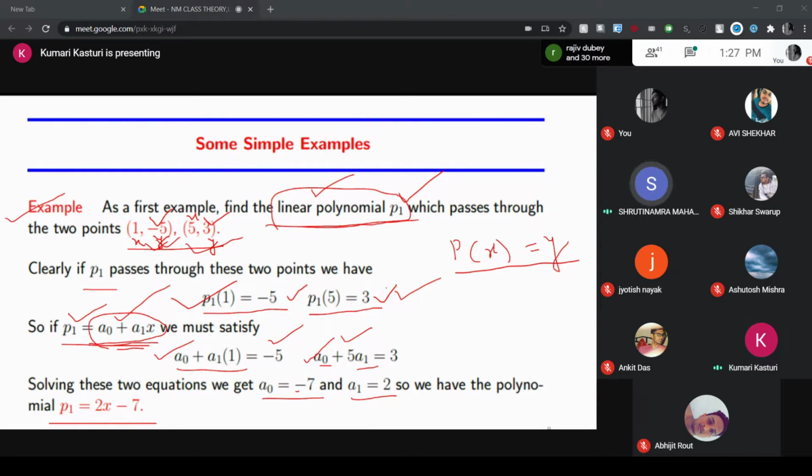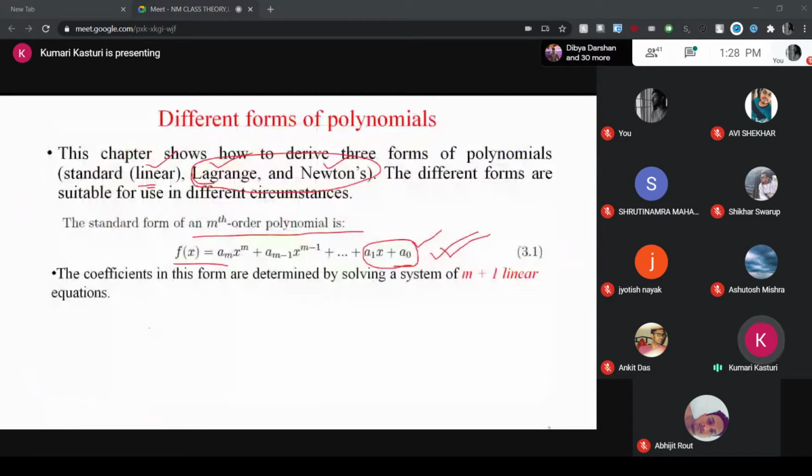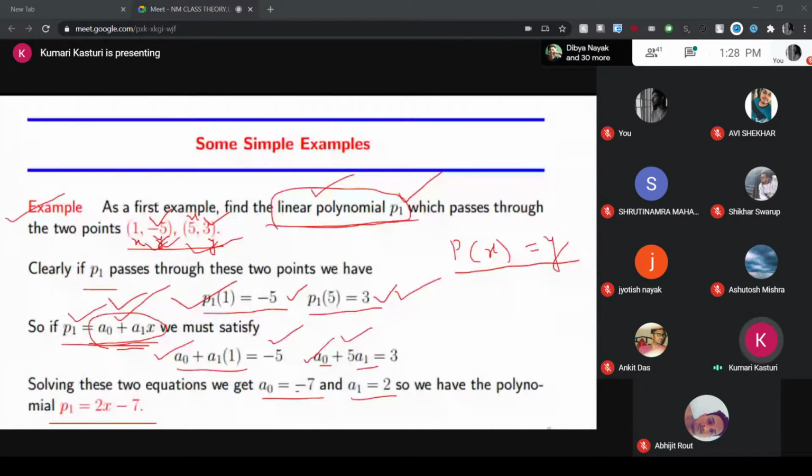Okay, so can I go to the next slide? Are all of you clear till this example? Again, please don't be confused. I have already told you, till now no procedure has been taken. You are only getting this polynomial from the standard form. You know the standard form of the polynomial, the standard equation, so from that only we have derived it. Till now we have not discussed any other procedures. We will start the procedures after that.